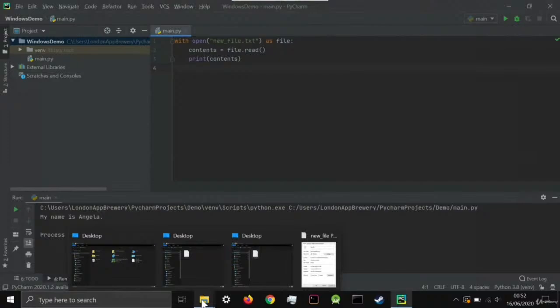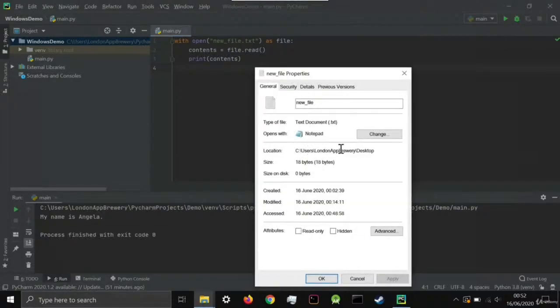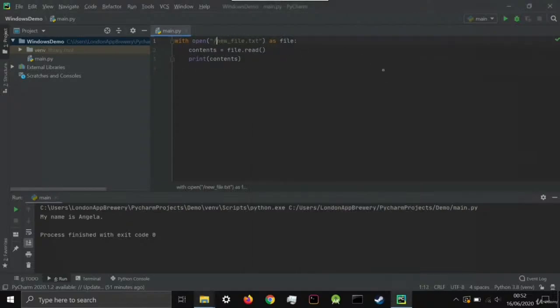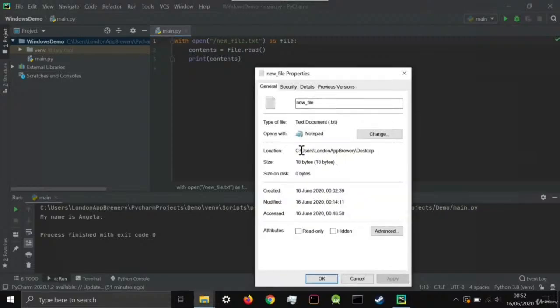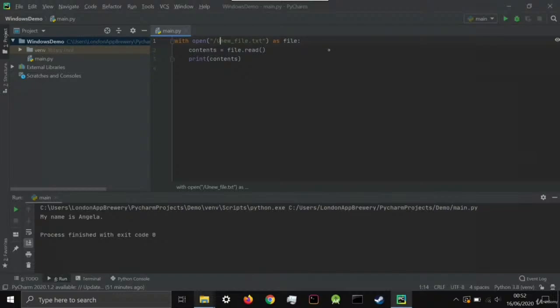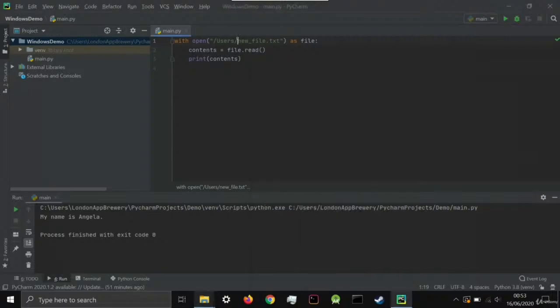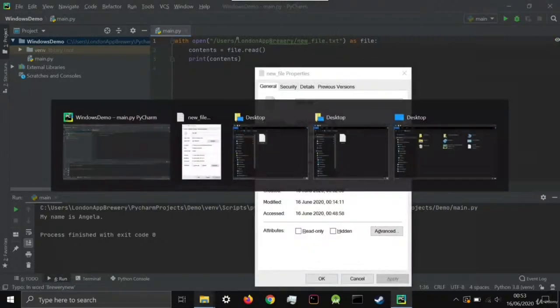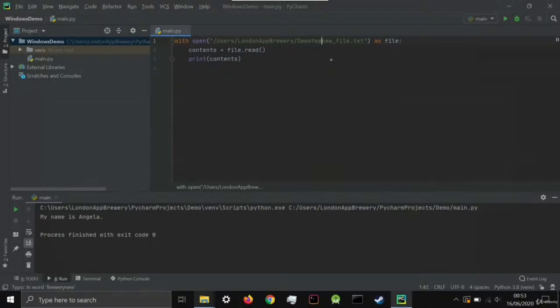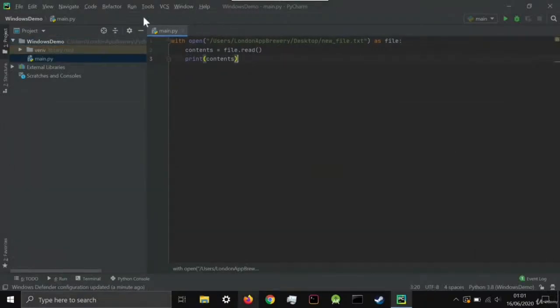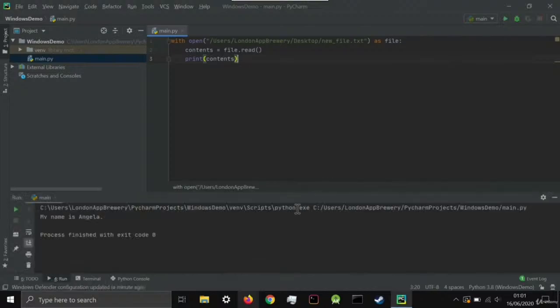So we know that the location of the file is root, then users, then London Appbury, then desktop. Again, this of course will be different for you depending on your username, but you should see it in your location when you take a look at the file properties. So let's change this. Let's start out at the root, which is the C drive, and then let's go to users. And then we go to our username, which is London Appbury. And then we go to our desktop. And that is where it should find this newfile.txt. So now when I hit run, you can see that it's able to fetch that file and print the contents